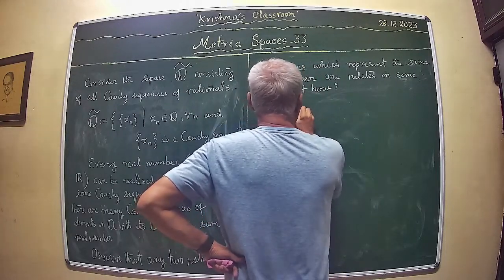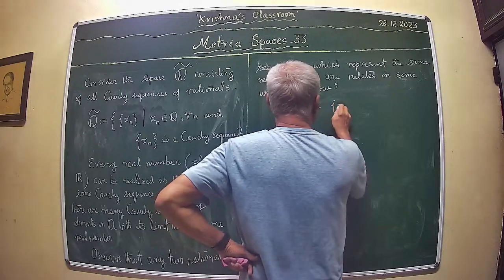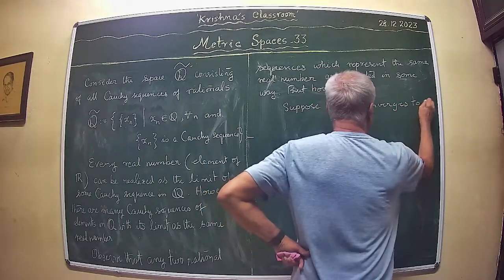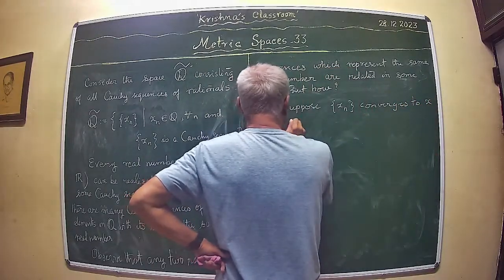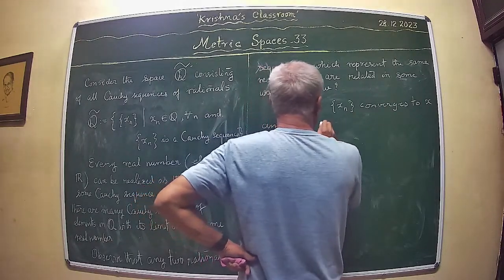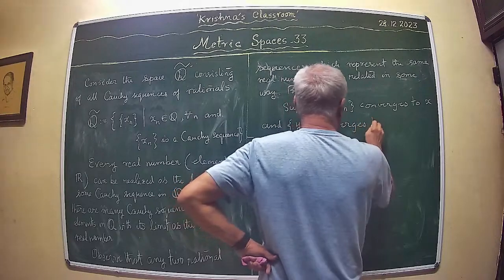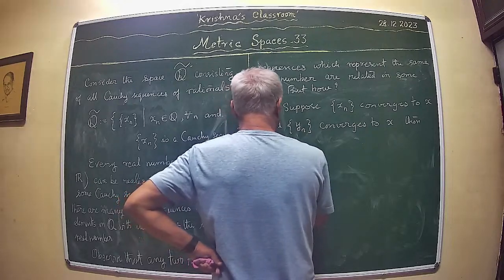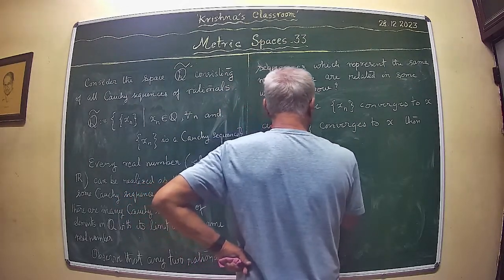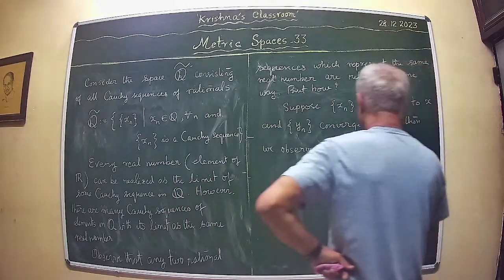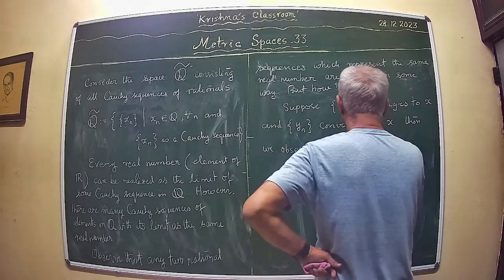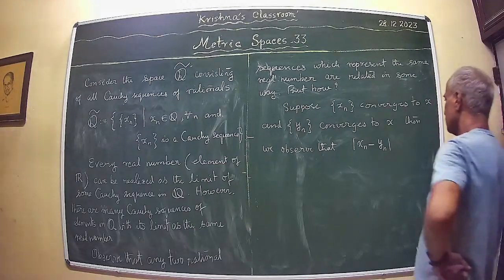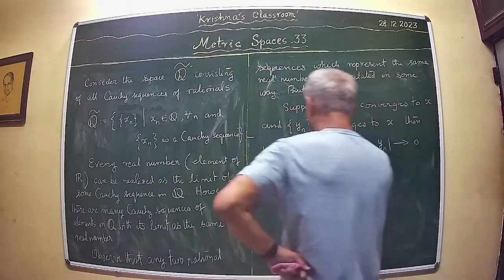Suppose x_n and y_n are Cauchy sequences of rationals, and then we observe that the distance between them, or rather the rational sequences, goes to 0 as